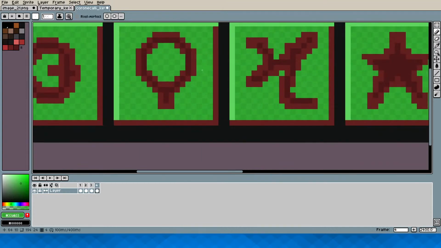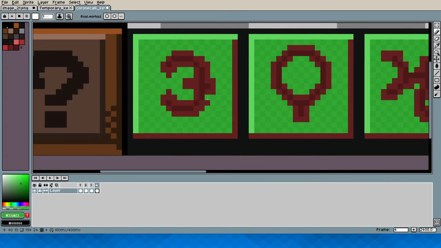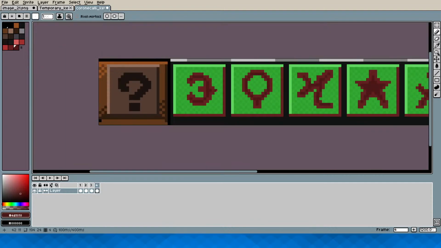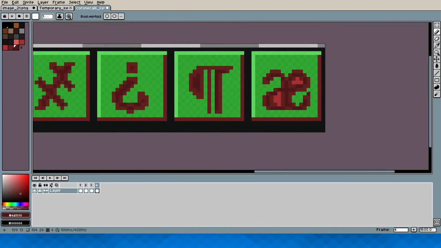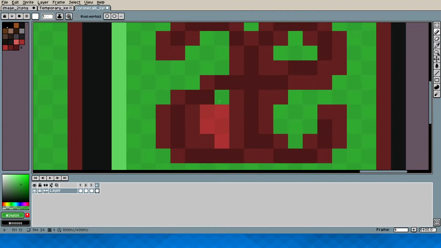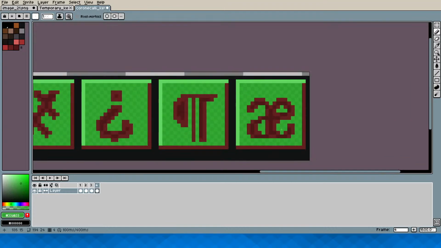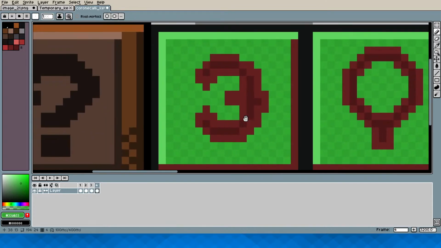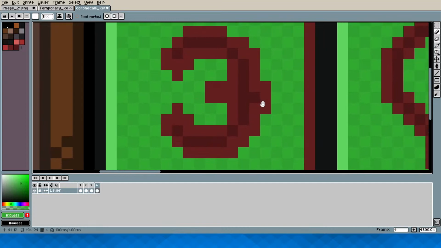Turn off Pixel Perfect again, and I can now just replace the colors again. Did I miss anything here? Yes, I did actually. I should recolor these as well. Yeah, okay. Didn't miss anything.